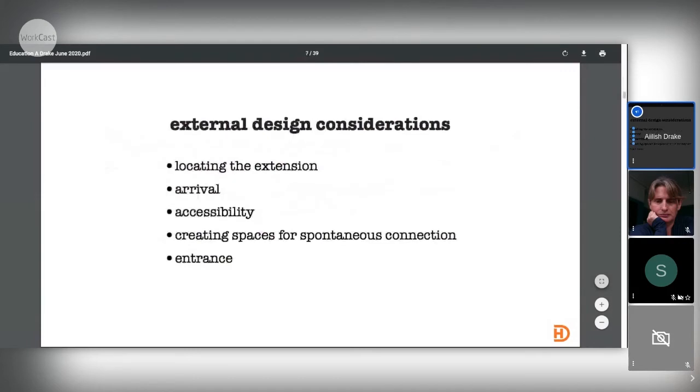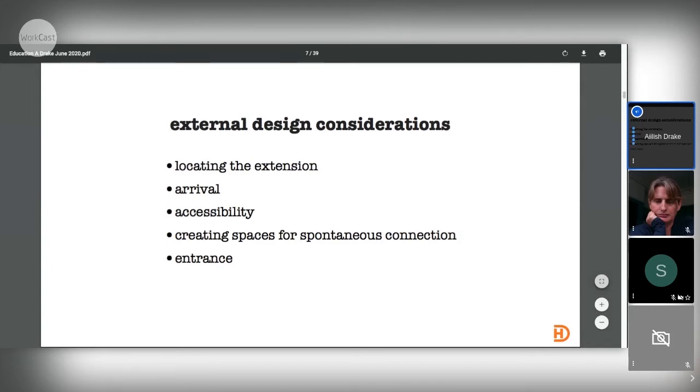So we start really with the site and where you can locate an extension. Obviously existing buildings can be difficult, and integrating additional needs accommodation can be difficult in an existing setting, because a lot of our schools are quite old. This one I'm talking about now was built in the 1970s. Sometimes it can be quite tricky to integrate additional accommodation, and any accommodation, whether it's for children with additional needs or not,